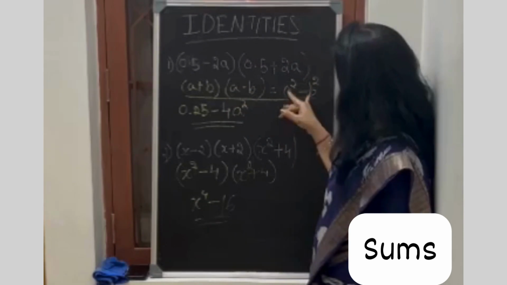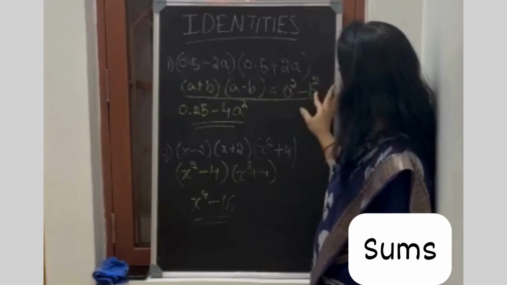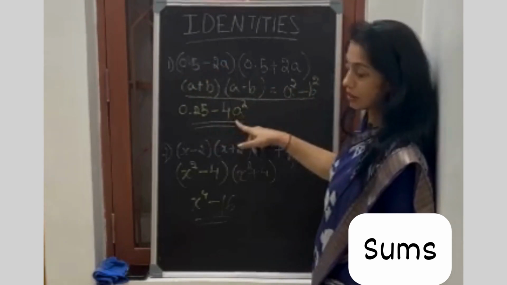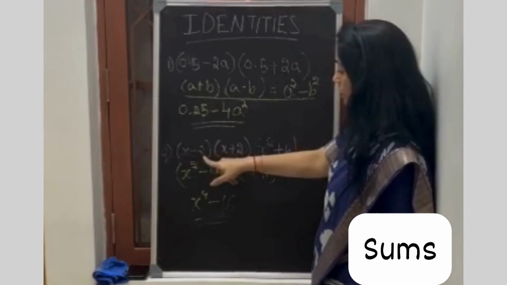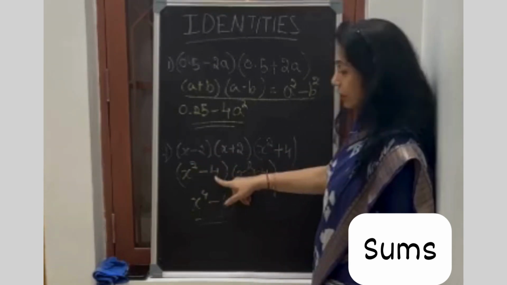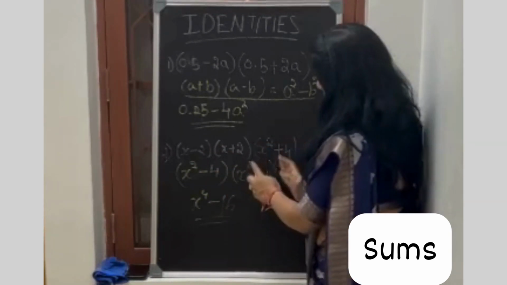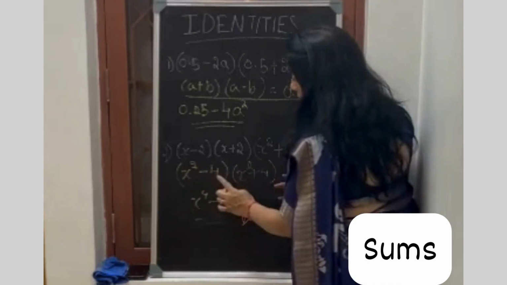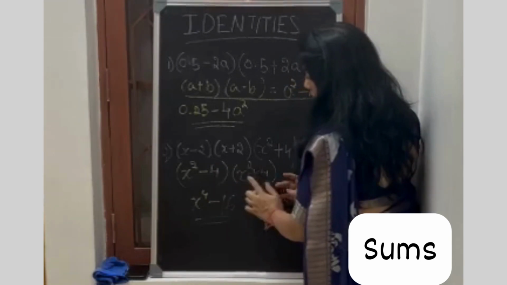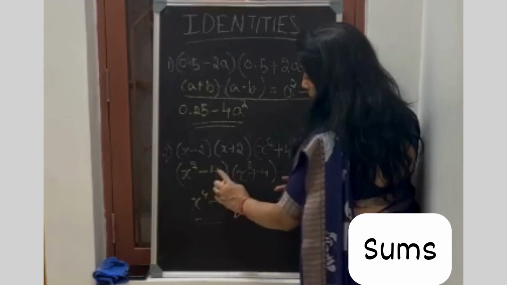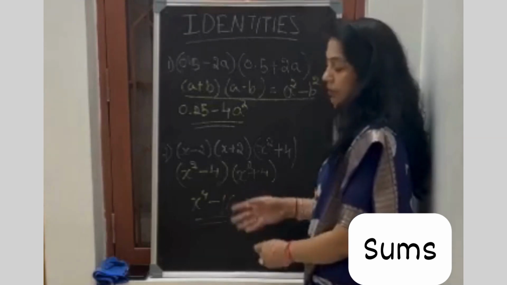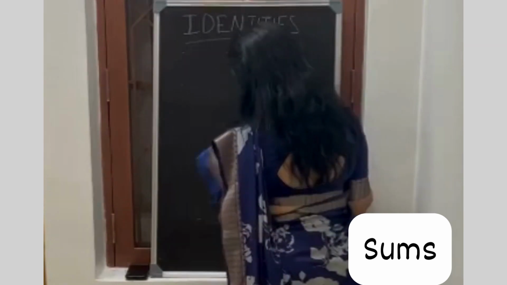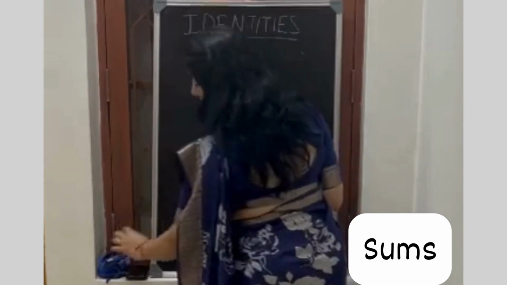What I have done, I have used only this a square minus b square. This is a, this is b. I just did the square of them and wrote the answer. Here, this is a, this is b. I did the square, I wrote the answer. Now, in my next line, I took this bracket down. Then I have 1 and 2 brackets here. Again, this is a, this is b, because they are same digits. A square I wrote here, b square I wrote here. This is my final answer. That's it. So easy. Now let's do one sum in a different method for a different formula.